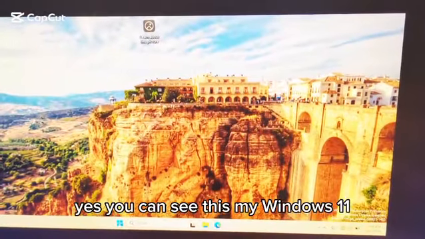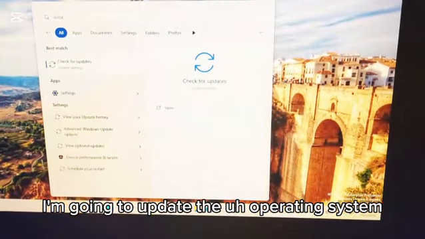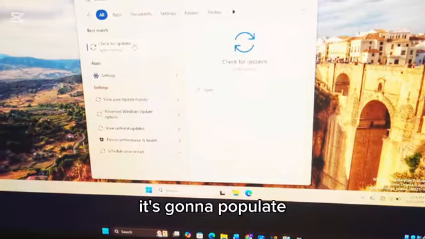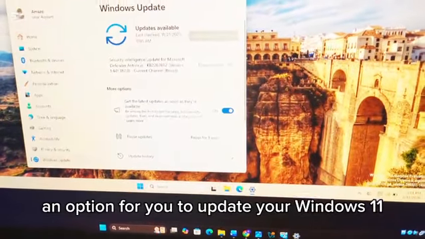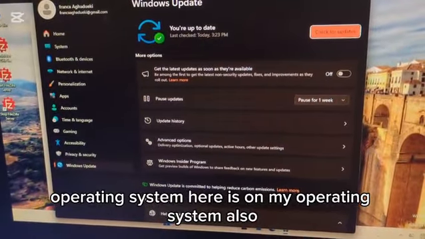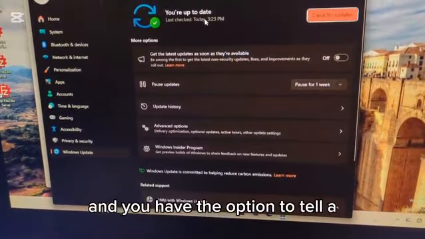Yes, you can see this is my Windows 11. I'm going to update the operating system. You see the update there, just type in update. It's going to populate an option for you to update your Windows 11, and that's my operating system. Here is on my operating system also, but this is not a virtual machine, and you have the option to